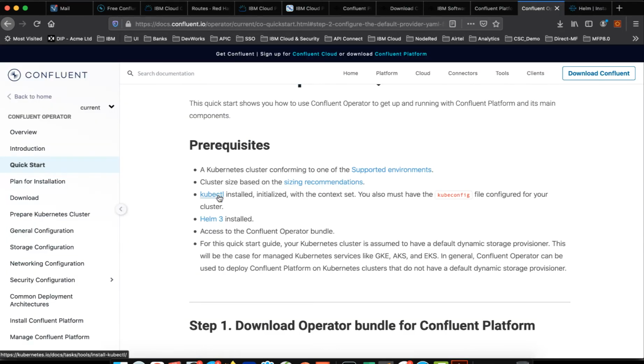Similarly, kubectl can also be installed by following this instruction. But I would suggest you install the kubectl provided by the OpenShift. The best way to do it,